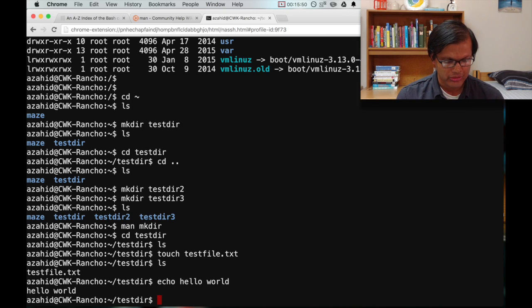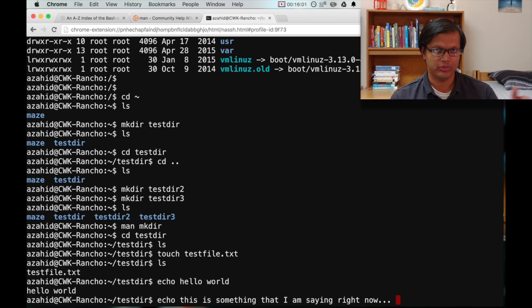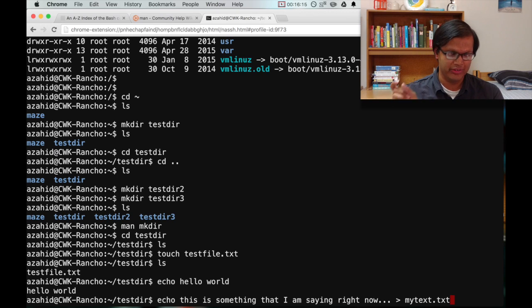So what we're going to do is we're going to use echo. We're going to give it some text. So this is something that I am saying right now. And if we hit enter right now, it would take this from standard input, which I just typed in, redirect it to standard output. But what we're going to do is we're going to redirect it to a file. So I'm going to call this mytext.txt. So echo, that command runs, it generates some output, but instead of that output coming to me, it's going to be redirected to mytext.txt. So hit enter,